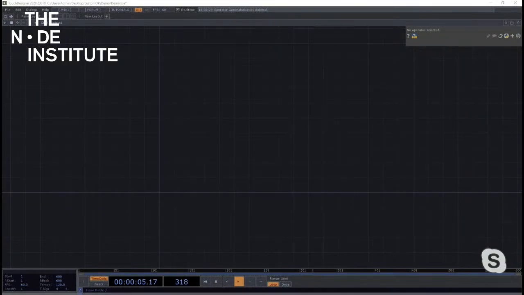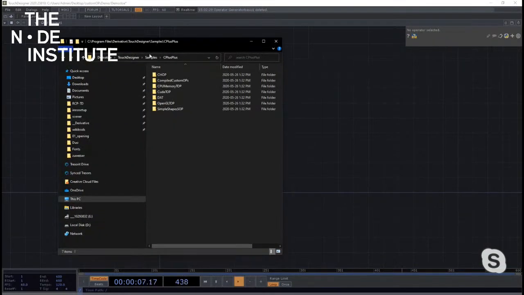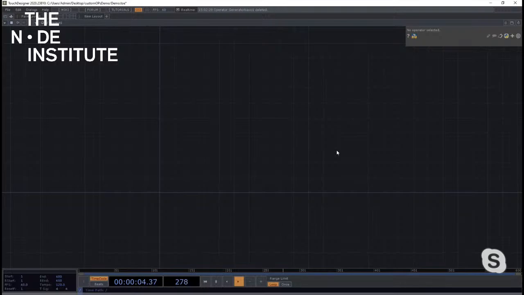So right now, you can go into the Derivative TouchDesigner sample C++ folder, and there are some basic custom operators, but still there's a lot of functionality bunched into them, and you're kind of left to your own devices to figure out what they're doing.